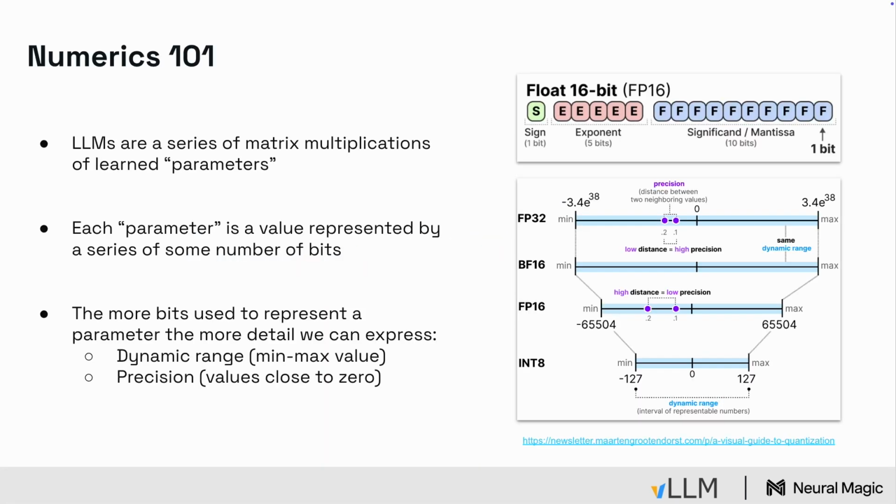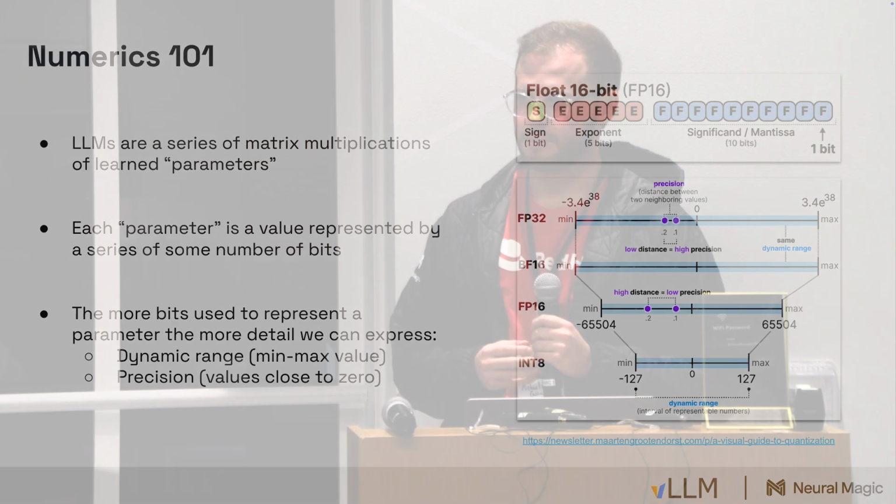So first, model optimizations. First, I'll cover numerics. As you probably kind of know, LLMs are a series of matrix multiplications with parameters. Each parameter ends up being a value represented by some number of bits. Usually, around 16 bits is what we tend to use for brain float 16 or floating point 16. And those bits are generally used for two things, representing the dynamic range: what are the maximum or minimum representable values in magnitude, and precision: how close can we walk around 0 to talk about 0.1 or 0.11,